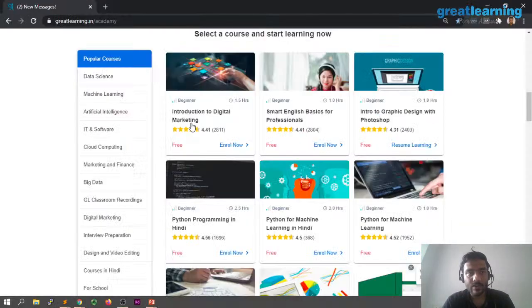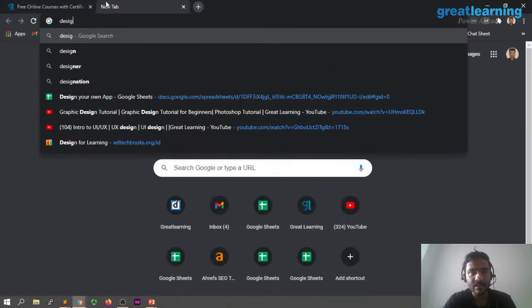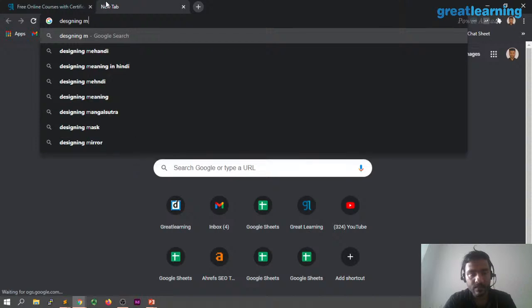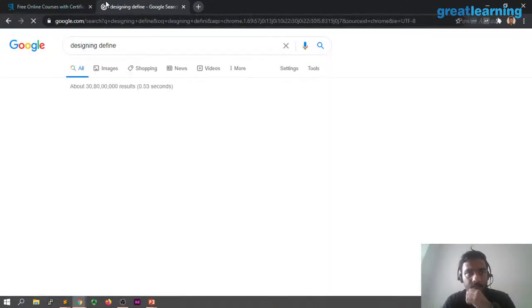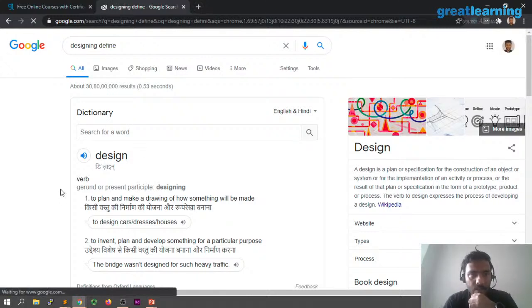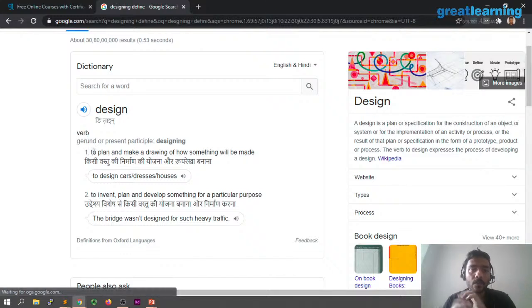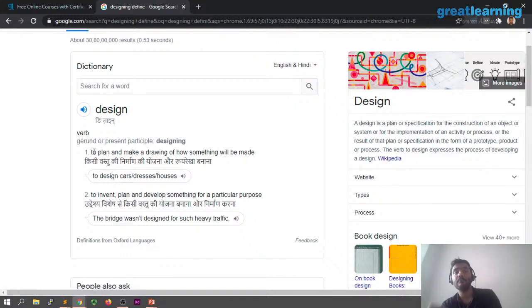Let me actually go ahead and search the definition of designing. Right. So we have the verb, to plan or to make a drawing of something that will be made. So it is part of the planning phase.